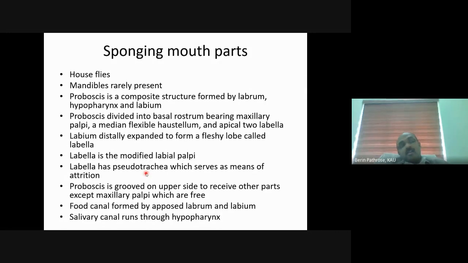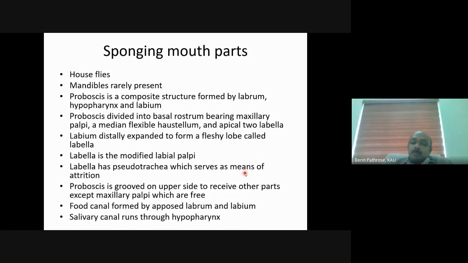I tell you, if you keep a sugar crystal over here, it's not liquid. Take the case of a laddu kept exposed on a table. You can see many houseflies coming over and sitting on the laddu. Laddu is a solid food, so the houseflies won't be able to imbibe liquid from it directly. So what the pseudotracheae do is break down this solid into a liquid kind of thing, so that it can be sucked in through the food canal. That's why it is a means of attrition, that means breaking things down.